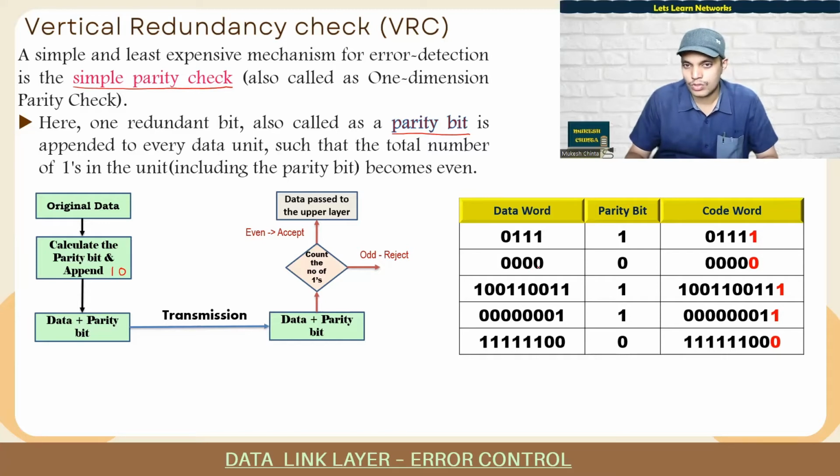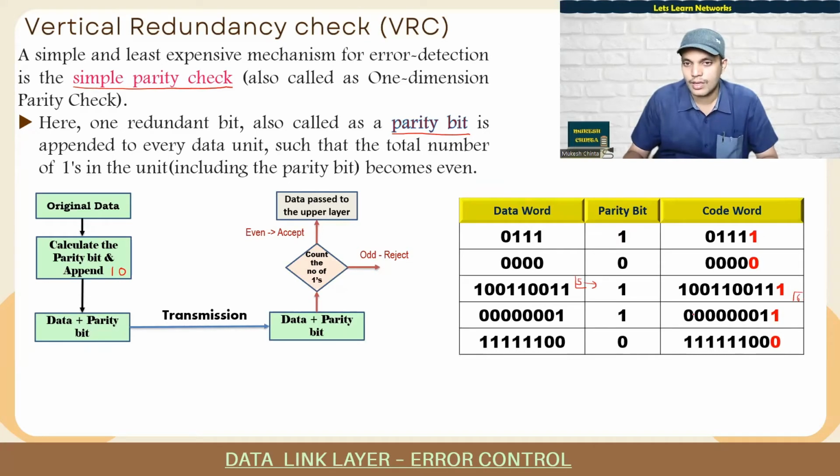So once again, 1, 0, 0, 0, 0. Here the parity bit is 0 because there are no ones at all, and your code word will also be zeros. You take this data word 1, 0, 0, 1, 1, 0, 0, 1, 1. If you count 1, 2, 3, 4, 5, there are 5 ones here, which is odd. So what do I do? I add another one so that my code word will now contain an even number of ones,